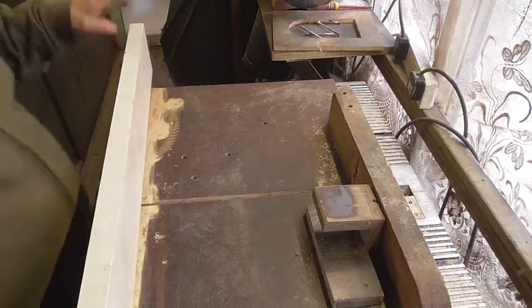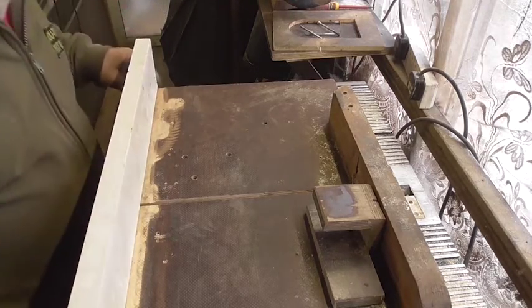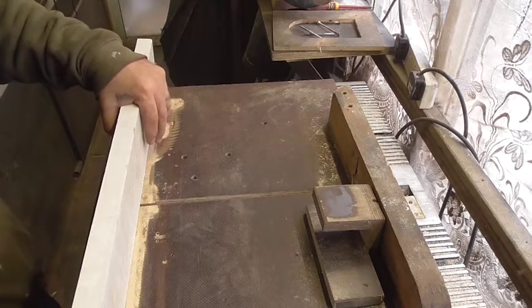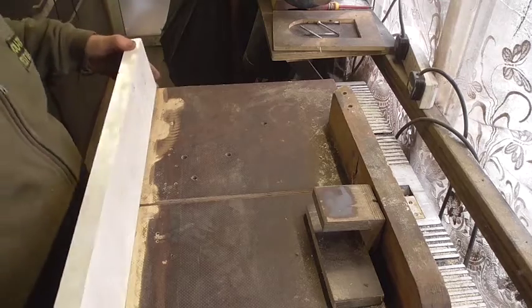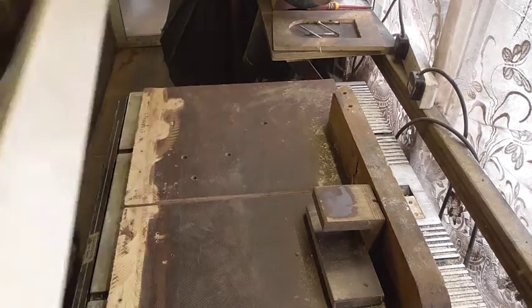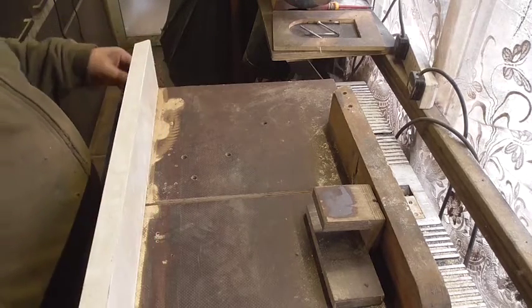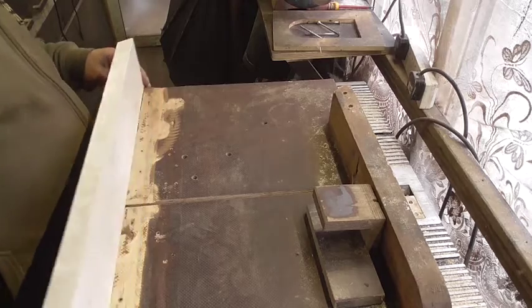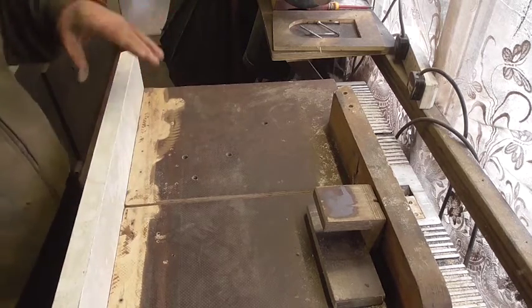I did that so I can, you know, I can get some wood glue in there. That's... it would have been nice by there, wouldn't it? Screw that way, but